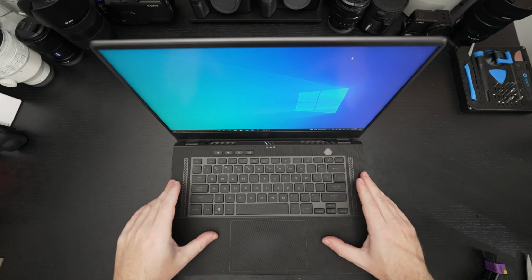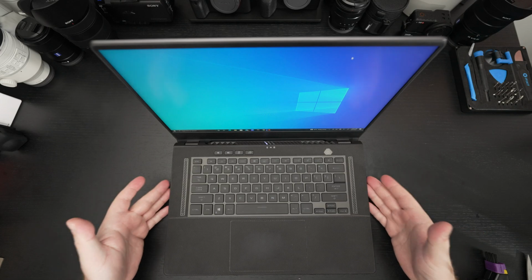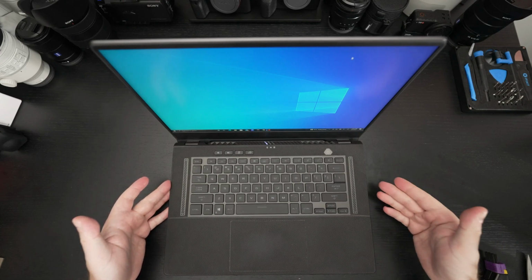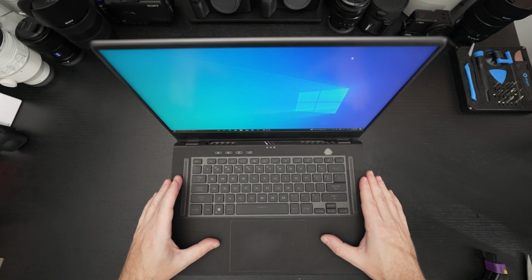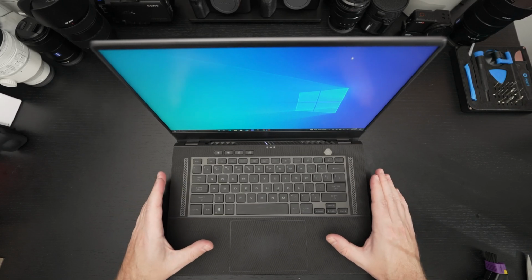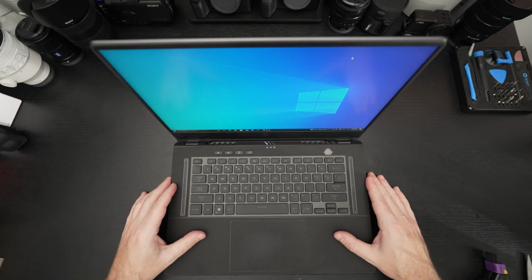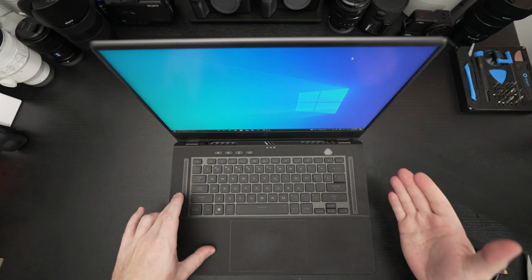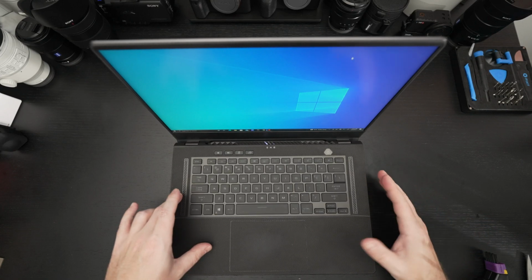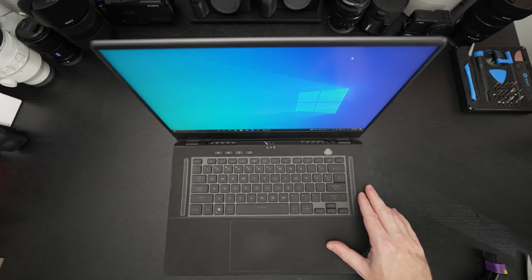First and foremost, the RAM is soldered, half of it, not all of it, which means the most you'll get out of this particular build, again, the one I've linked, that's $1,850, and it does go on sale quite often for around $1,550. And if you want it, I recommend trying to hang out and wait for that. This has 8 gigs of RAM soldered and then 1 slot to upgrade. So if you throw a 32 gig card in here, which I did back at launch and now have done again,